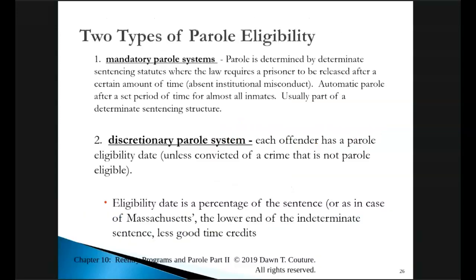Parole eligibility. Mandatory parole eligibility is determined simply as a mathematical formula. It is 85% of your sentence. If you haven't screwed up, you don't have any institutional misconduct, you haven't been deemed too dangerous to participate, you're going to get released. Discretionary parole is based upon a percentage of the sentence. I'm going to show you that formula in a minute. And then